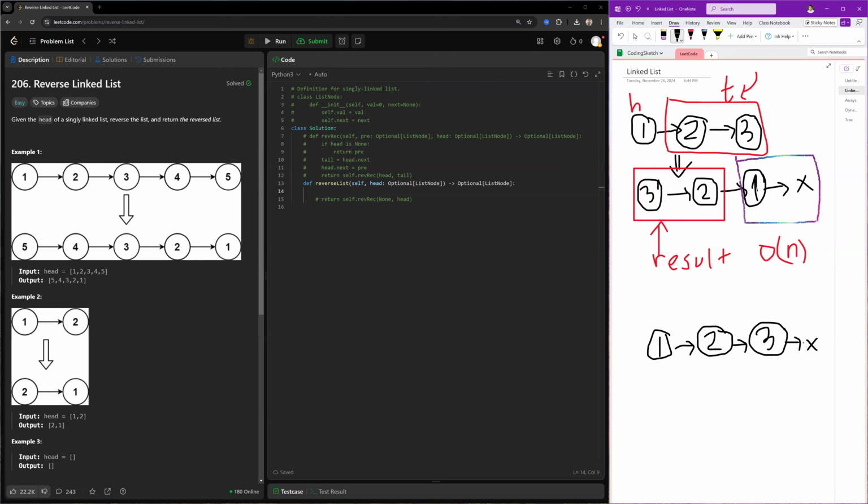Now, if we want to make it reverse order, then 3 needs to point to 2, and 2 needs to point to 1, and 1 needs to point to a null pointer. So that's the final result, and this will be the head pointer